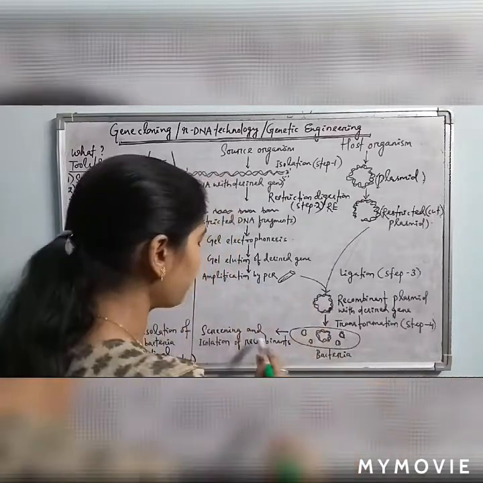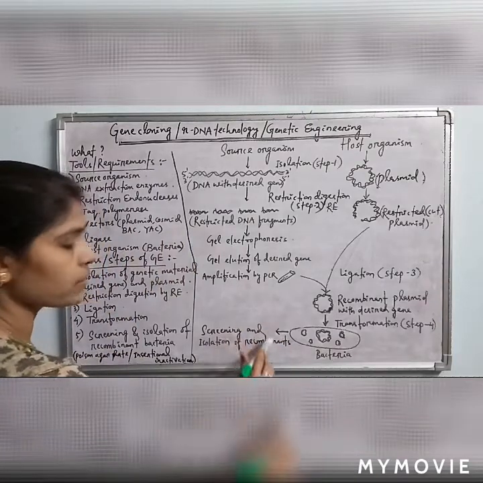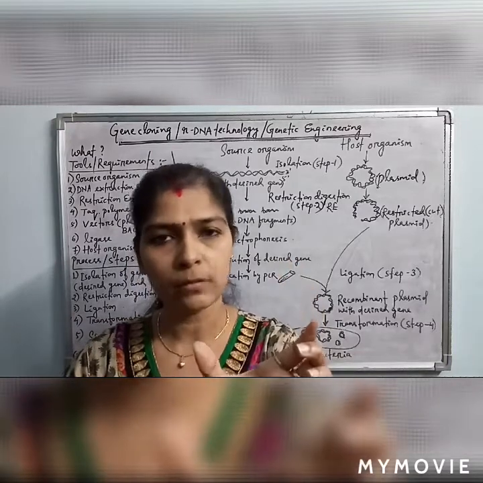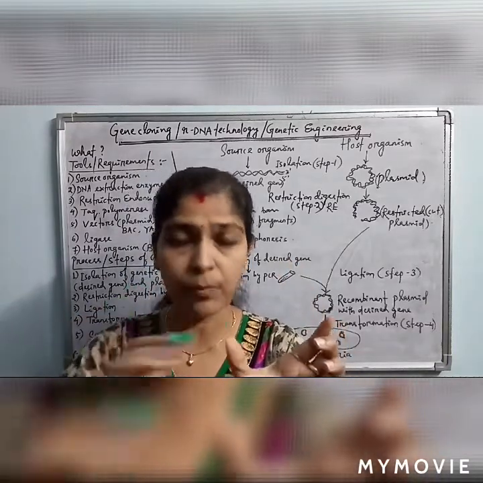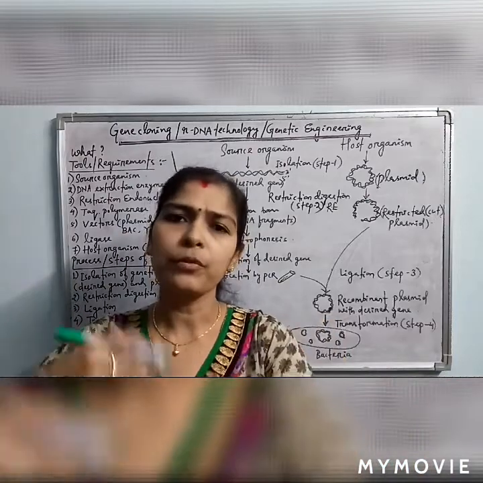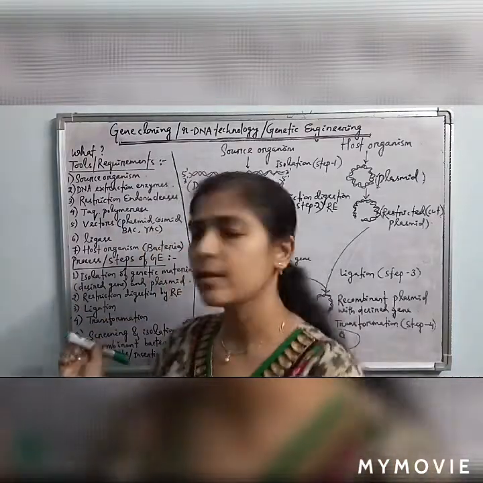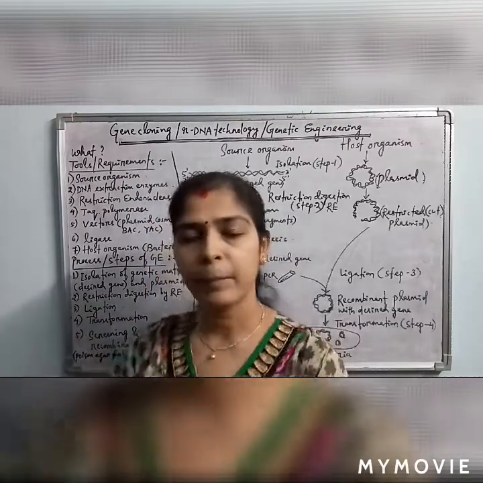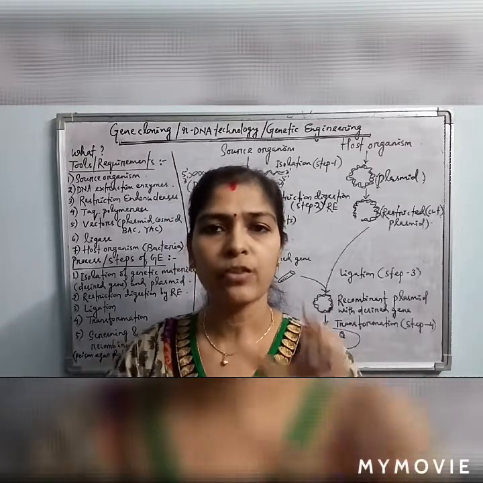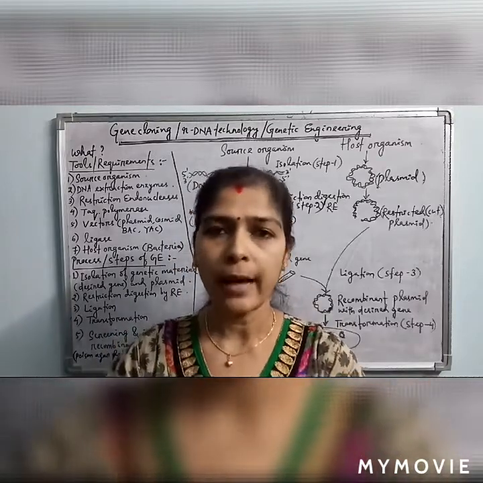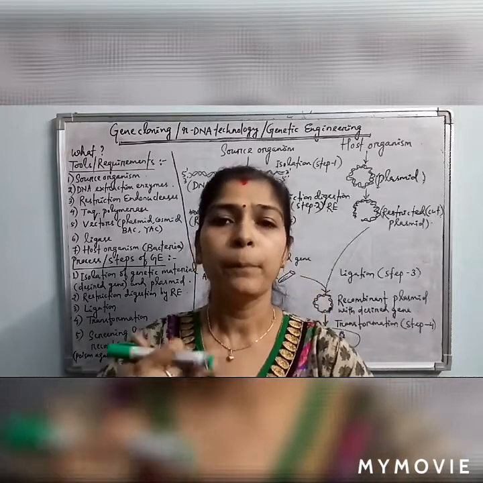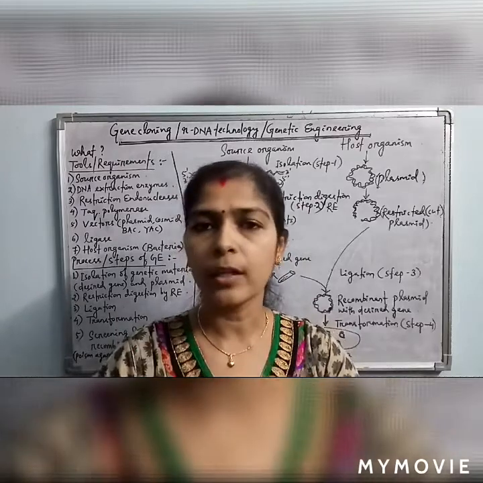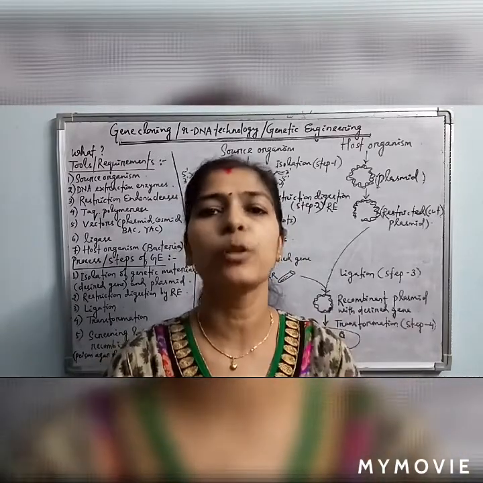So the fifth step is screening and isolation of the recombinants. Screening and isolation means we have to prepare a selective agar plate depending upon the antibiotic resistance marker gene present in the plasmid. We can also utilize insertional inactivation. By blue white screening or by selective agar plate preparation, we can separate the recombinant transformed bacteria from the non-recombinants, and these recombinant bacteria can be maintained as a pure culture, so that the plasmids with the desired gene can easily multiply and be passed to the progeny bacteria.